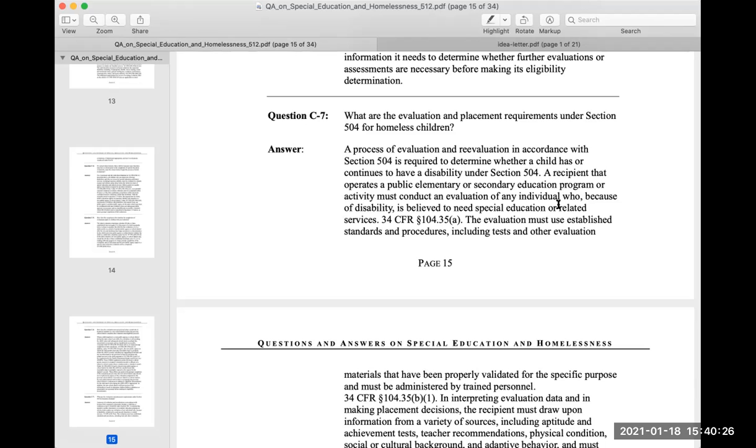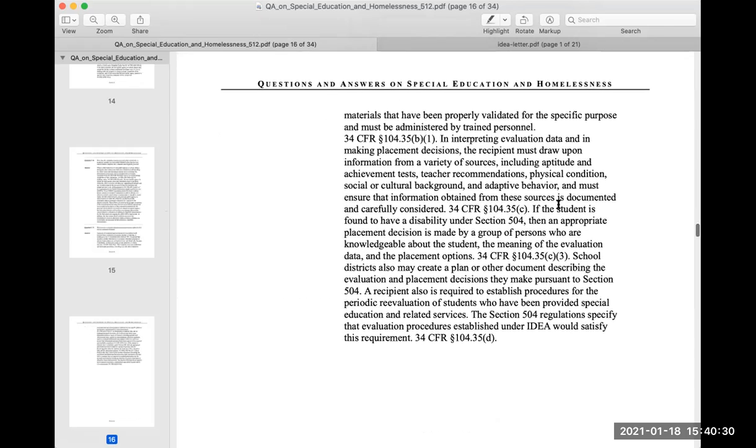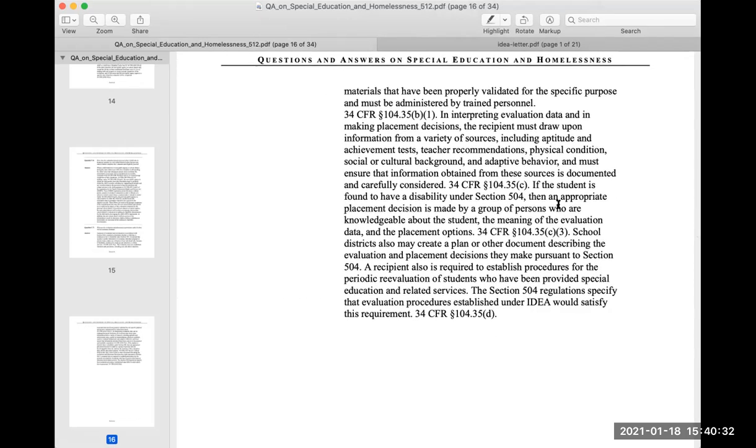C7, answer, page 15. Questions and answers on special education and homelessness. 34 CFR paragraph 104.35(b)(1). In interpreting evaluation data and in making placement decisions, the recipient must draw upon information from a variety of sources,